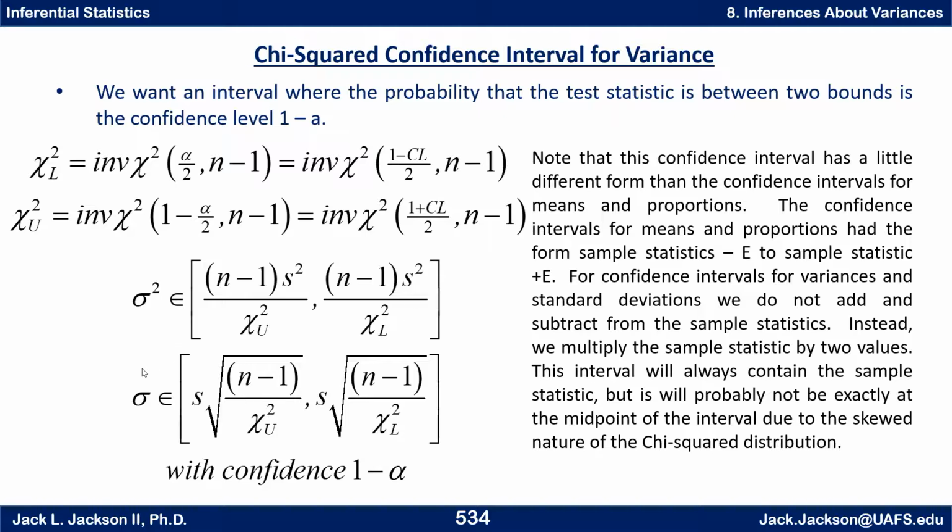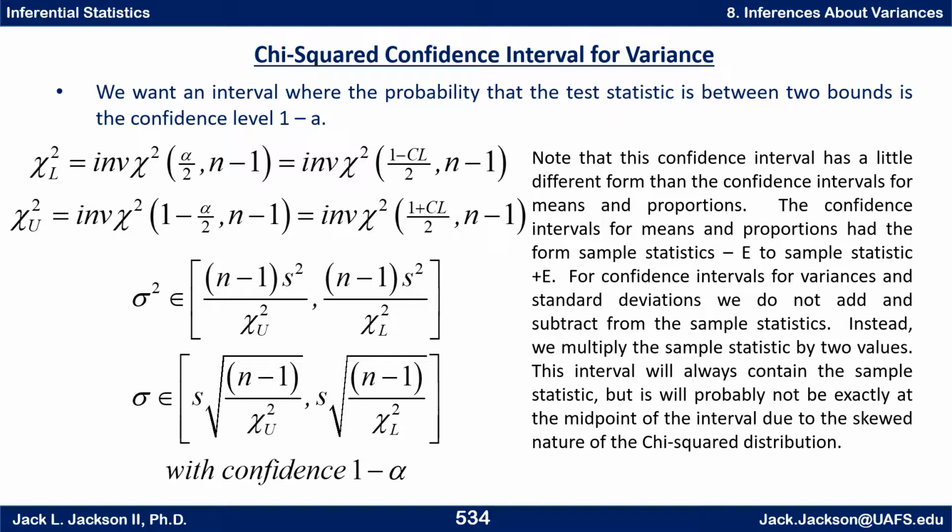Or if you do this in terms of the sigmas, then you just basically square root everything. So sigma is between s times the square root of n minus 1 over chi-square upper, up to s times the square root of n minus 1 over chi-square lower. One thing you should note is that this confidence interval has a little different form than the confidence intervals